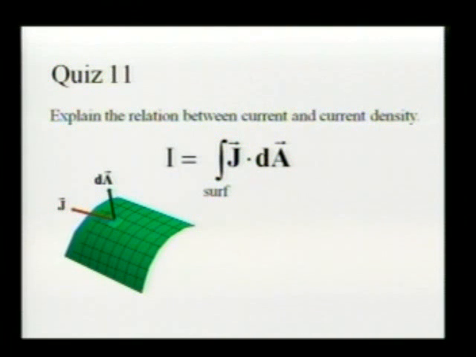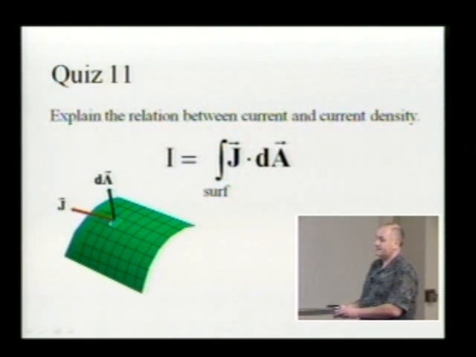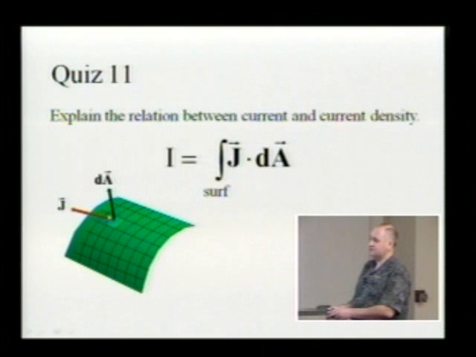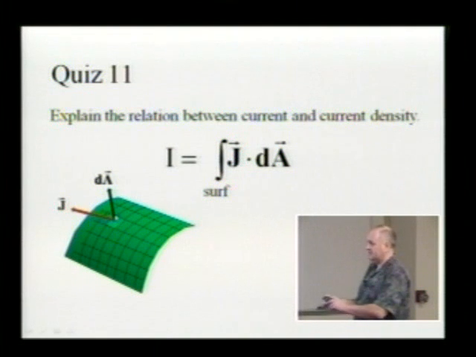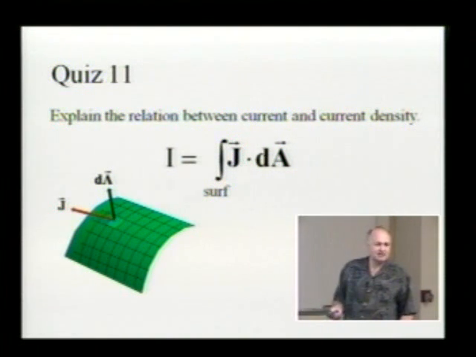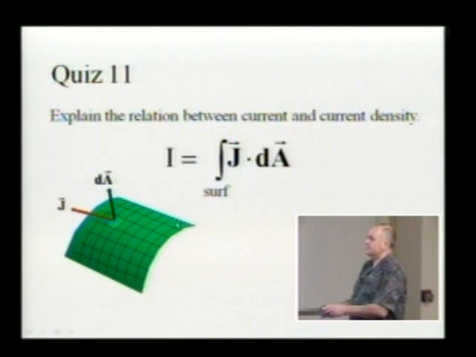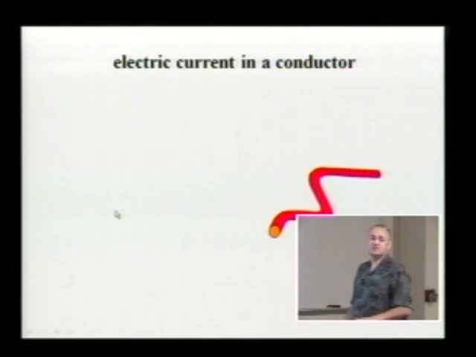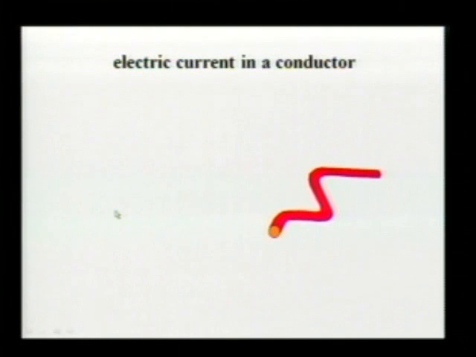So for each of those pieces, we have to calculate the scalar product between the electric field vector and a surface vector. The surface vector is perpendicular to that piece, and its magnitude is equal to the area of that piece. And then we have to add the products for all pieces constituting the surface. Now,